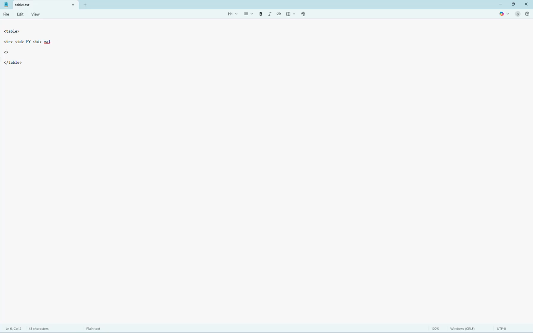This one is the header row, and for the second row I will do TR again for the row. TD I will do FY 33, and then another TD for the random value 1, 2, 3. Okay, so I copy that same thing to the other rows, and then you understand the logic. So 23, 24, and then 25, and then you have random values 2, 3, 4, and 4, 5, 6. Okay, so we have the table with 4 rows, but the first row is a header, and the rest will be the